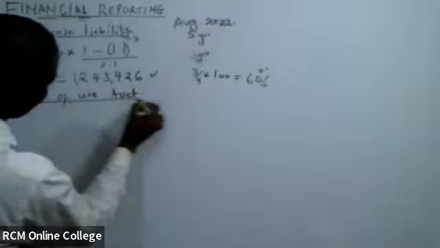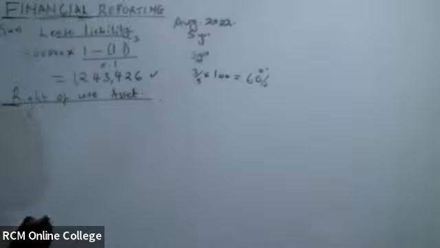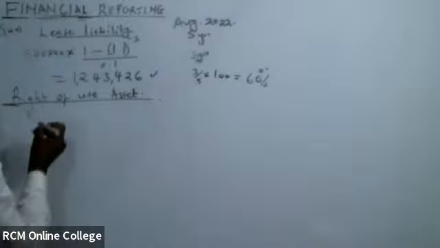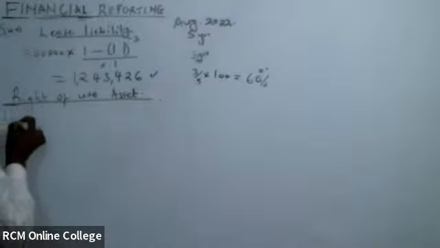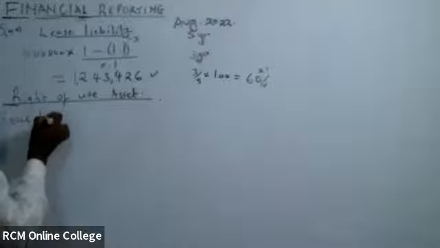So you get the right of use asset. We say that we pick the lease liability,